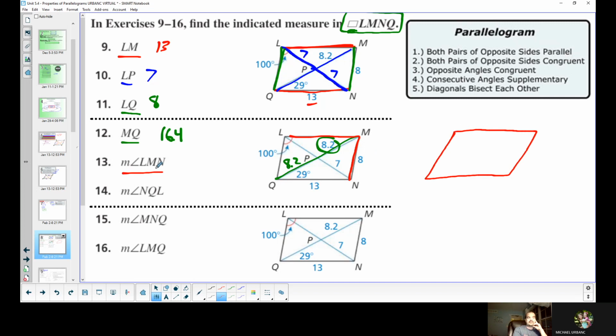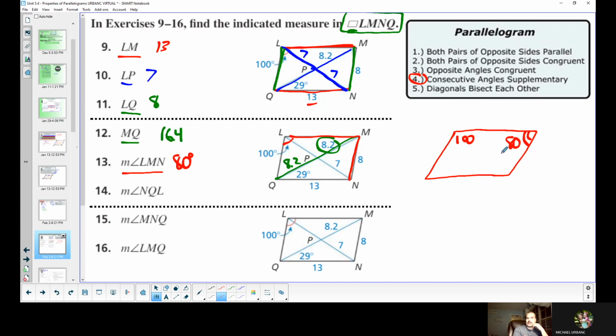And now if we want to find angle LMN, it's way up here, and I don't know the measure of it, but I do know the measure of the upper left angle, and that's 100 degrees. So notice they've got the 100 with the arrow. So since this is 100 degrees, we're going to use property 4 that states that consecutive angles are supplementary to each other. So that means this angle up here is 80 degrees, and we're in good shape. And I'm going to go ahead and fill in the rest of this